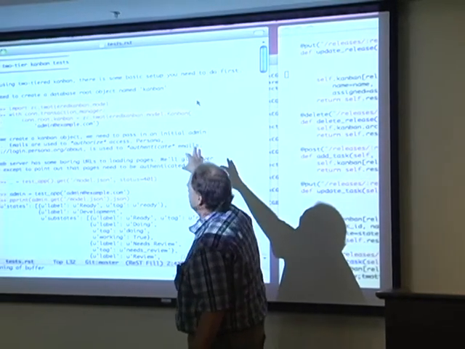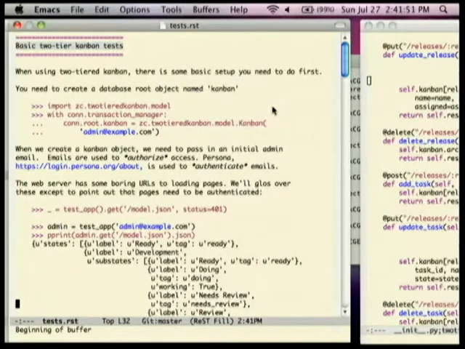So the first thing I'm going to do is import my model, and in my test setup, which I won't go into all the details of, one of the nice things about using ZODB is you can say, give me an in-memory database, and that makes it really nice for testing because you can very, very cheaply set up a database for each test. So anyway, we're opening up a database connection. This is an application